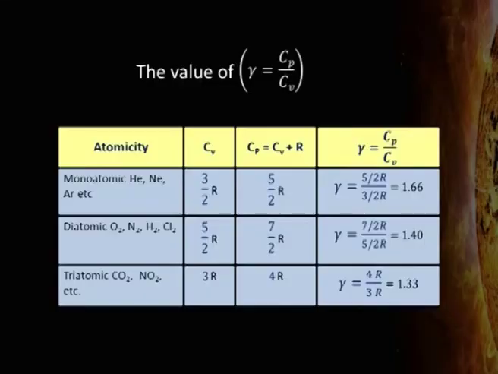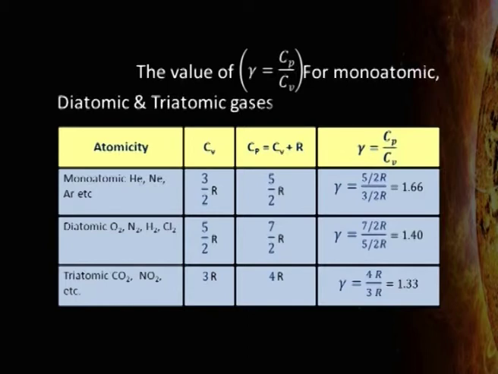Ratio of Cp by Cv is denoted by gamma and it is known as Poisson's ratio. This ratio depends upon the atomicity of the gas. You can have a look at this table for the different values of Cp and Cv for monoatomic, diatomic and polyatomic gases. If the atomicity of the gas is 1, that is, the gas is monoatomic, for example, helium, neon or